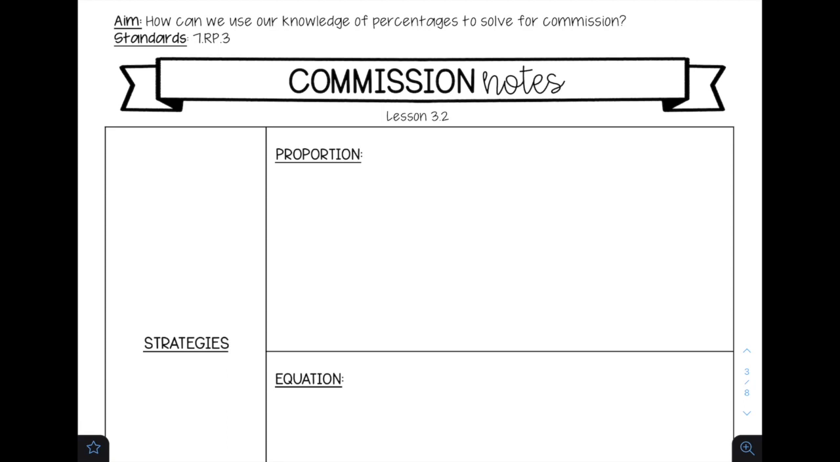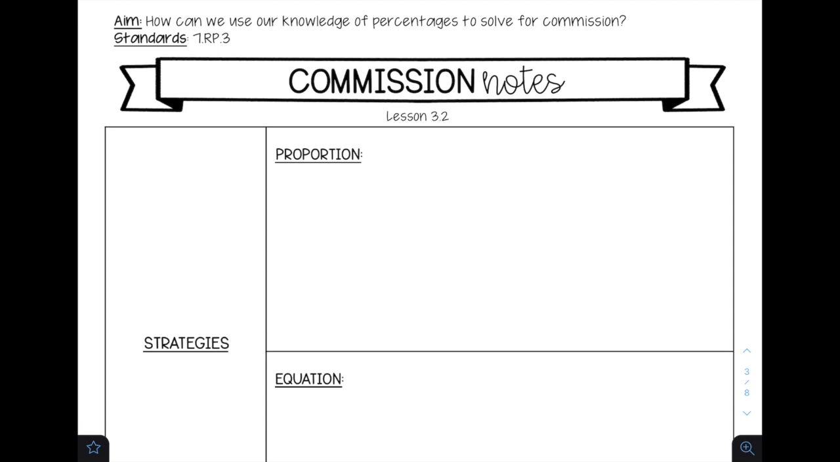Okay, so welcome back. Today we're going to be going over lesson number 2. Our aim for today is how can we use our knowledge of percentages to solve for commission? So commission is something that's earned or collected when you're usually in sales. If you are a salesperson or car salesman, or if you're a real estate agent, you get a certain percentage